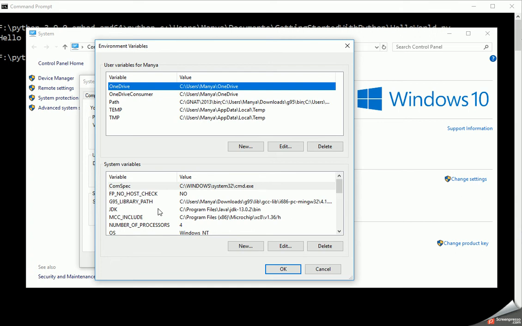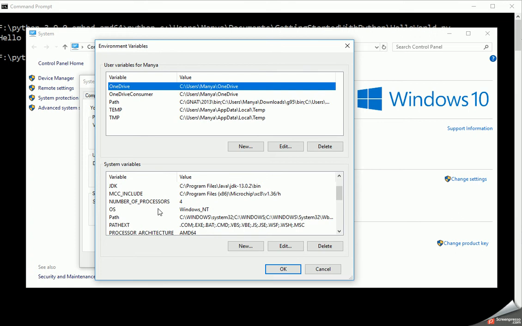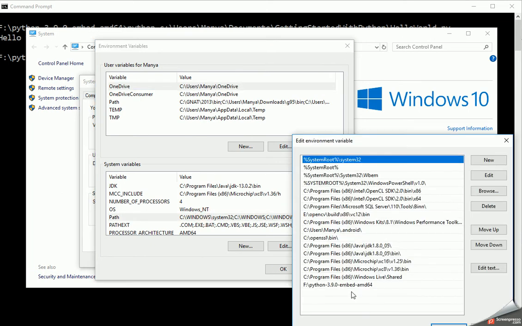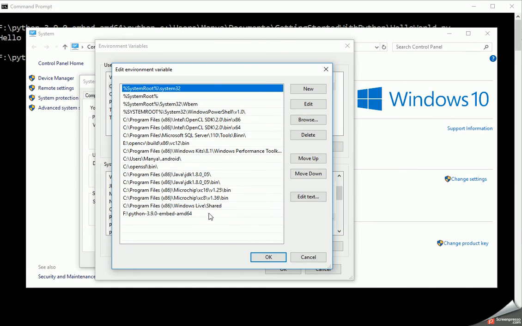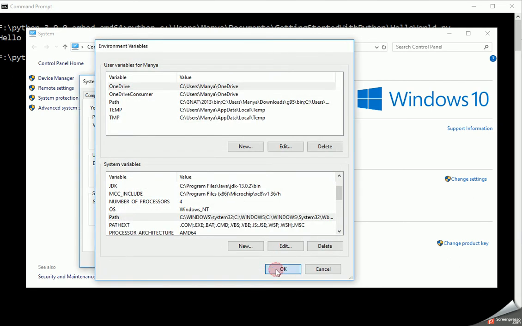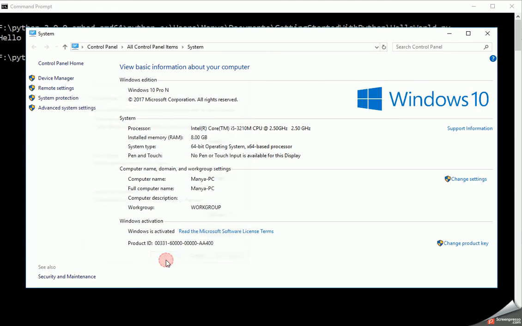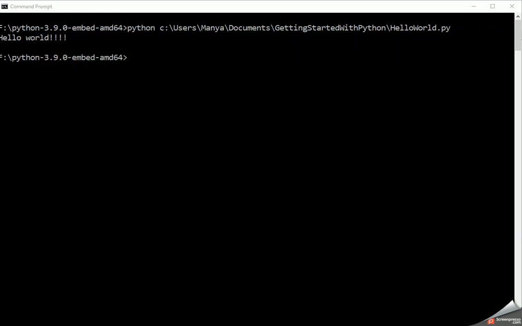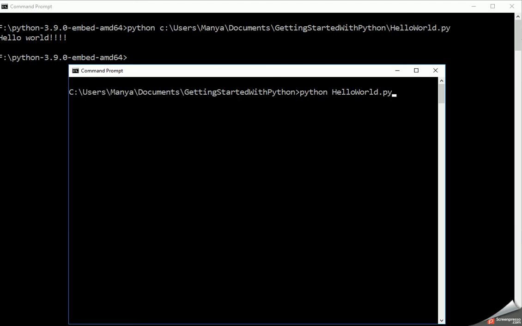Since Python will be used by many different users, if this is a public computer or even if it is your personal computer, it does not matter. I would recommend to place it in the path variable of your system. Here I placed my Python installation path in this path variable. What would this mean for the system? Now you should be able to invoke the same Python script from any place in the system.